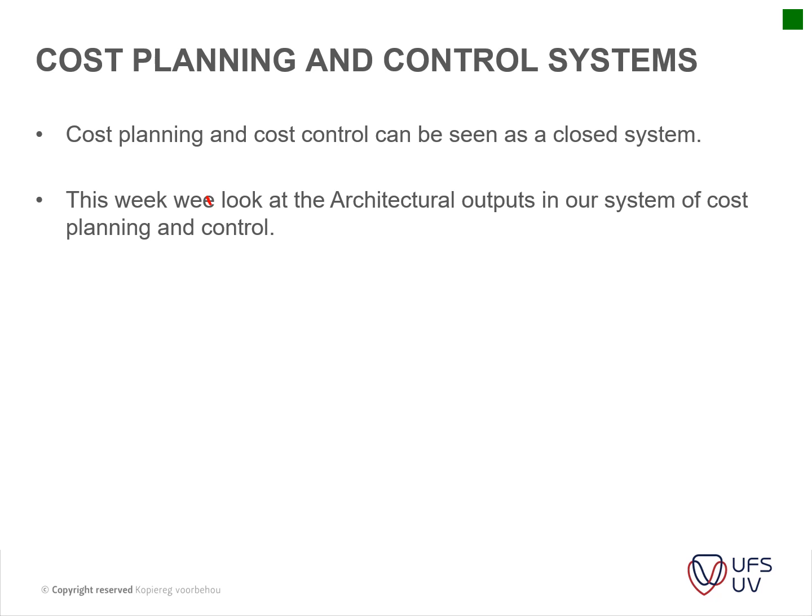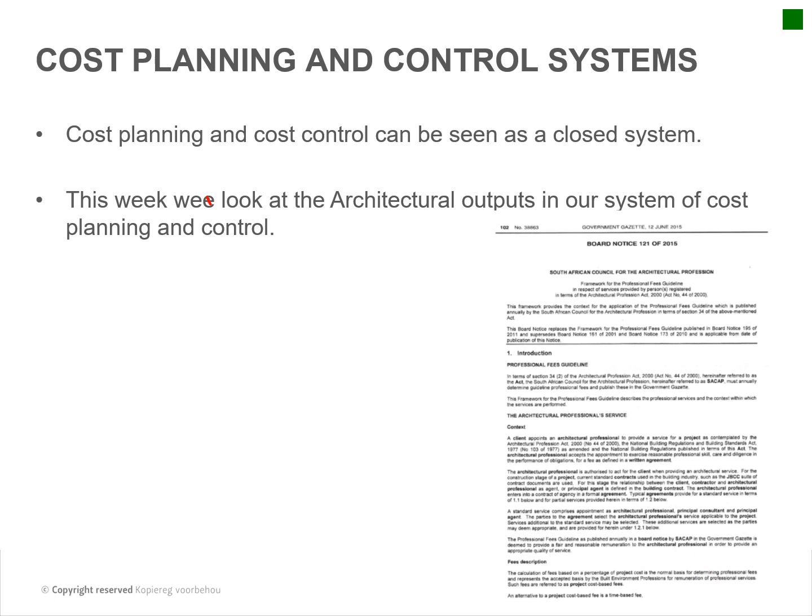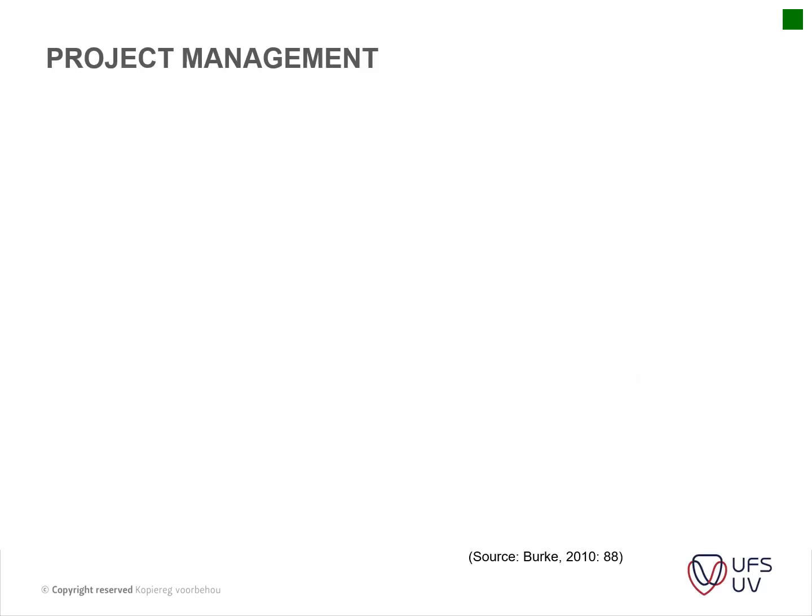The double E again. This week we looked at the architectural outputs in our systems of cost planning, cost control. So we just basically touched on or discussed that the design does influence the cost. That's a little bit towards the end of this lecture. Okay, and then we've got our architectural guideline or gazette that I'm just going to run through, which is basically